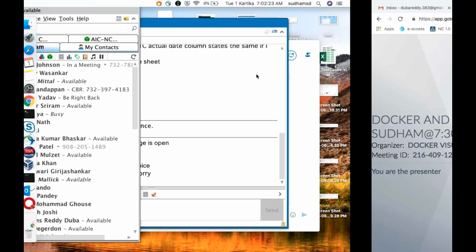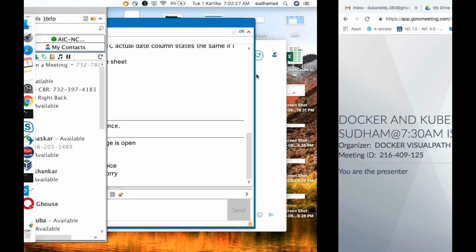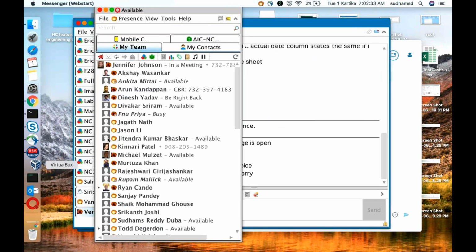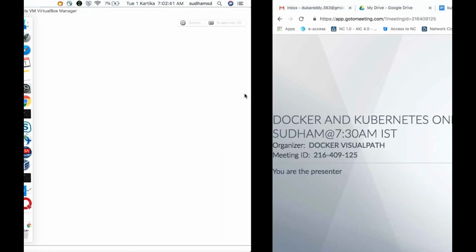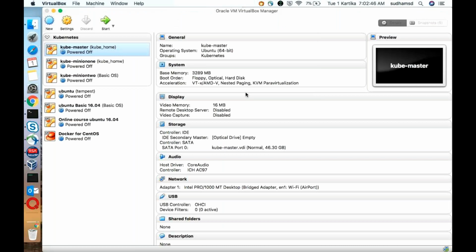Hi, good morning, everyone. So let's get started with the topic which we have left. I think config map we have already seen. So let us start with secrets. Like what is a secret? What are the things we need to follow while creating secrets in Kubernetes? Okay. Let's start.